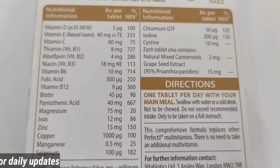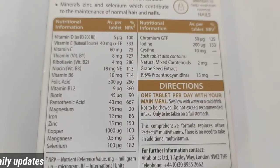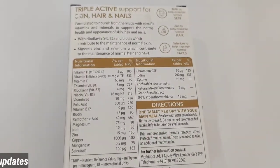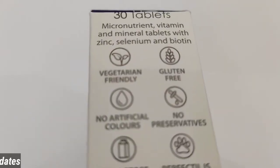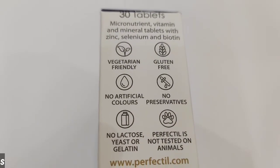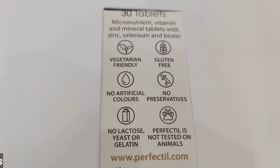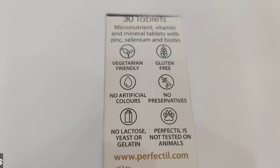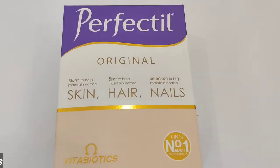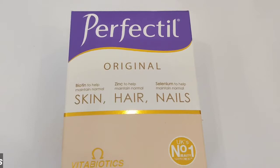It is also helpful for pregnant and breastfeeding women, who can take this Perfectil. No need to worry about that. It can be taken by mouth only, and it comes in a 30 tablet pack and also a 90 tablet pack. The key nutrients are vitamin C, folic acid, biotin, magnesium, grapeseed and L-Cysteine. These are very helpful for skin lesions and dark spots on the face, and premature aging,